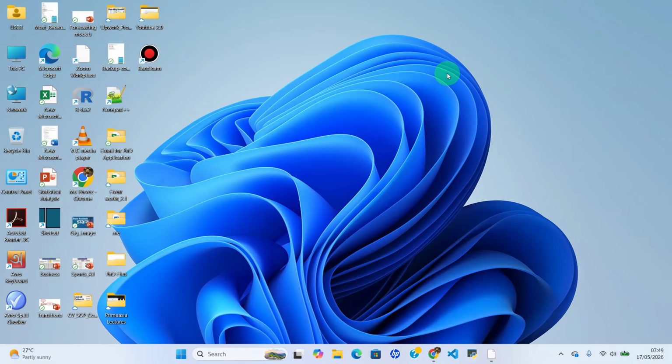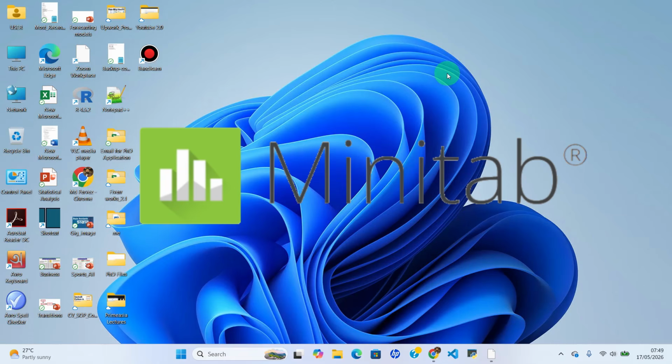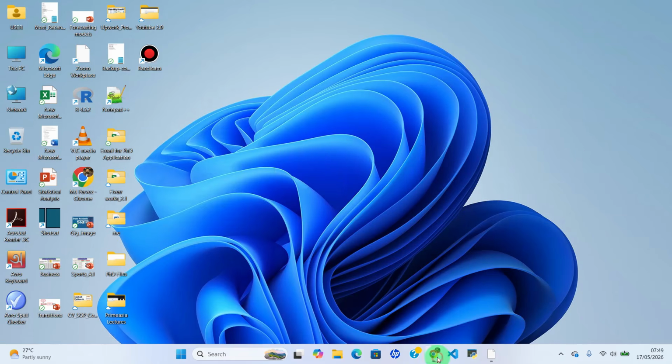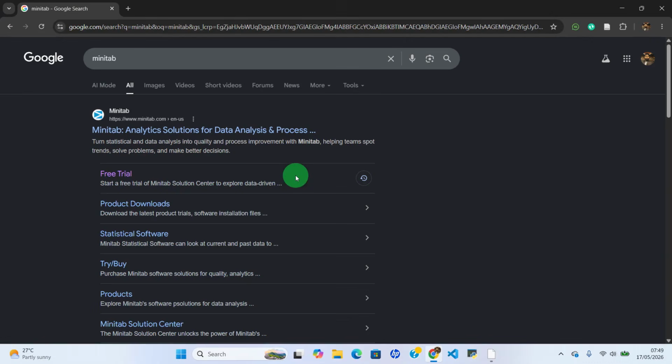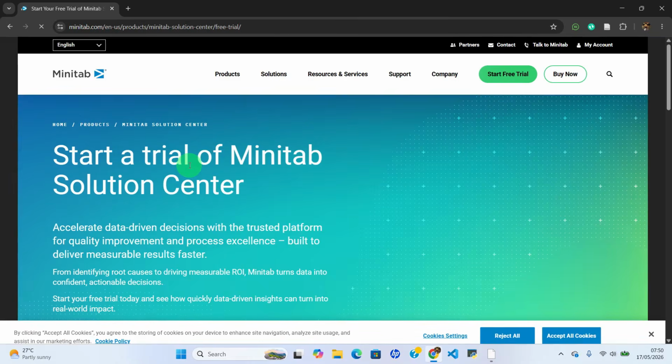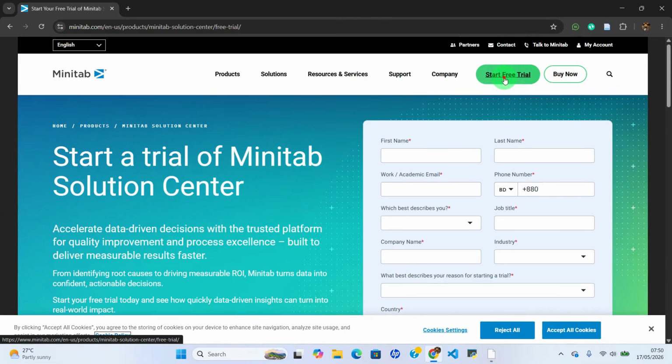Hello and welcome. Today we'll see how to download and install Minitab official version for free. First we'll go to our browser and type Minitab, and we will click on free trial and start a free trial,